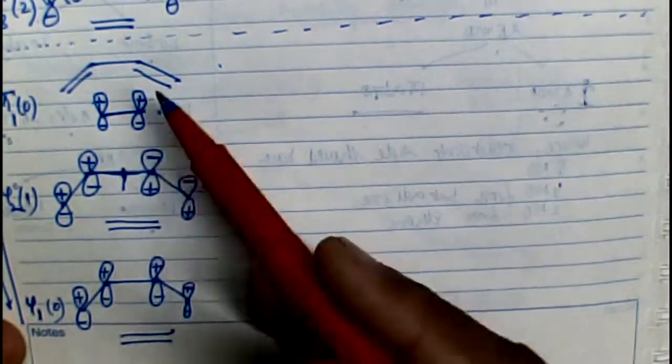Remember, again, while drawing these orbitals, on the bonding side the product molecular orbitals are shown at lower energy as compared to the reactant orbitals. So if this is at this value of energy, the product should be shown down. So you have to draw the sigma orbital, which is the sigma bond which is formed. This one. So I'll draw the orbital in this fashion, and this is the pi bond. The first sigma orbital, the second sigma orbital.